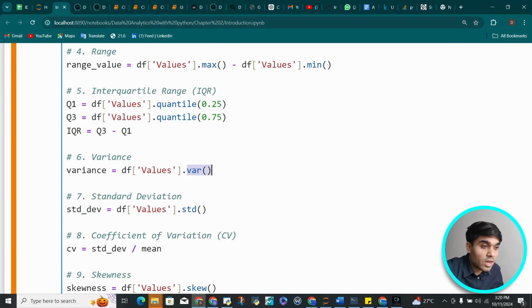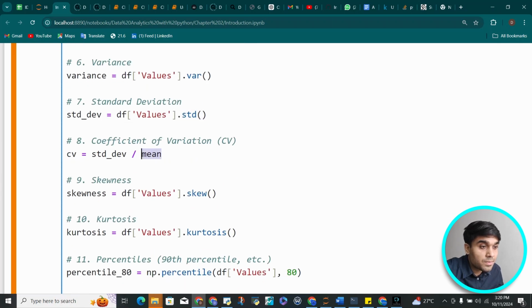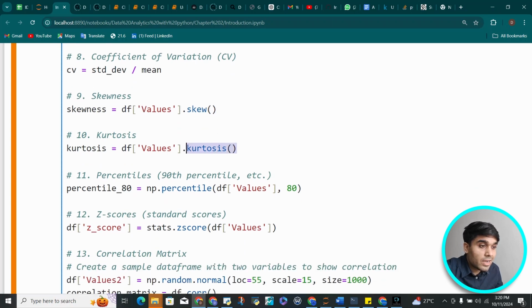Variance is .var, standard deviation is .std. Coefficient of variation formula is standard deviation per unit of mean, and we can see that for a particular mean how much standard deviation do we have. And then for skewness we have .skew, for kurtosis we have .kurtosis, and for 90th percentile, I've changed this actually, I can change it again. 90th percentile will be